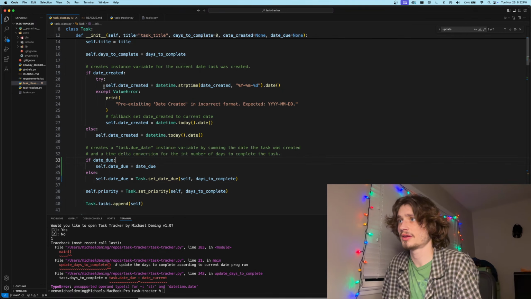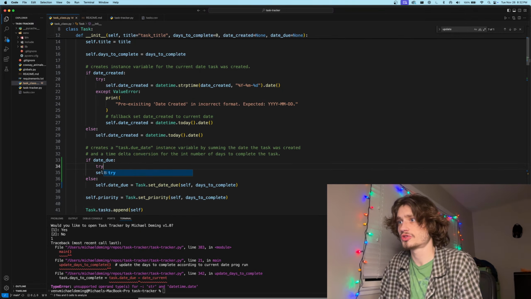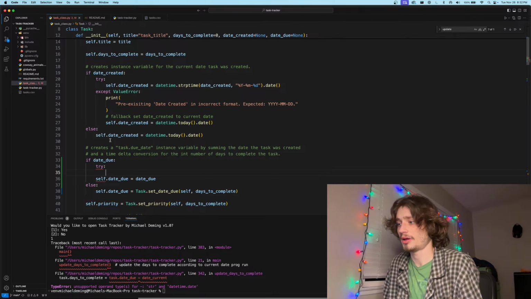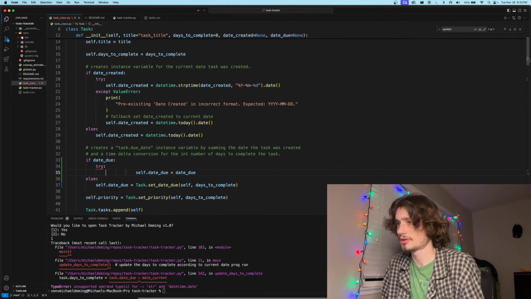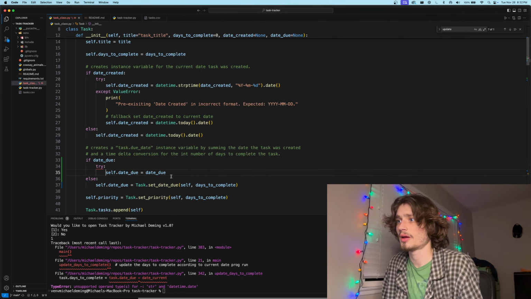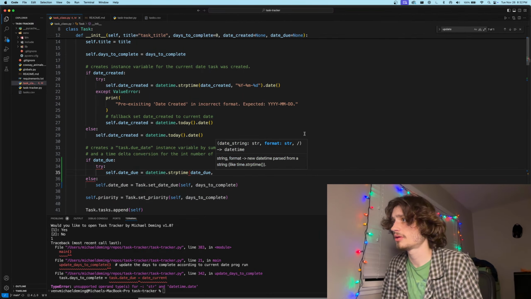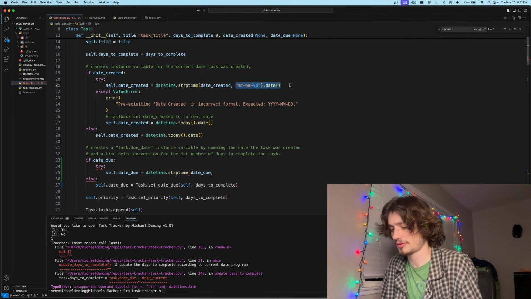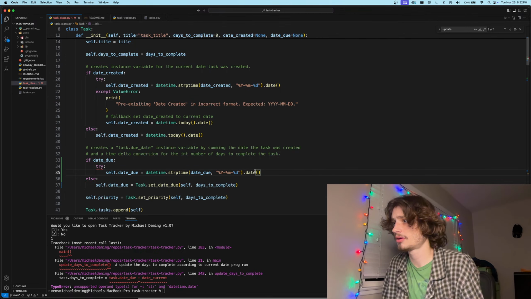We want to take the try and put it right here. Inside the try, we want to put this guy. But then we want to copy this, put that there, put this here, copy this, put that there, boom, and then